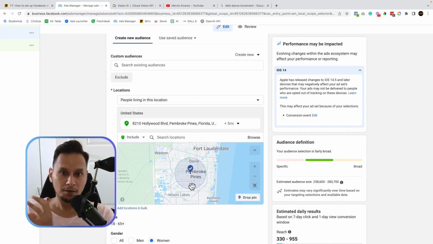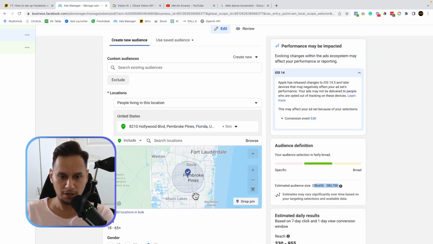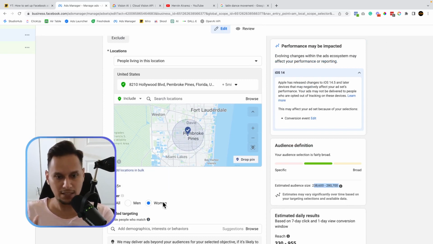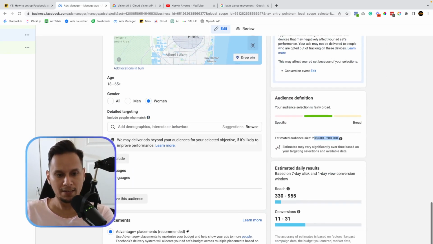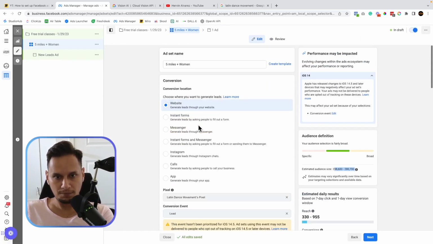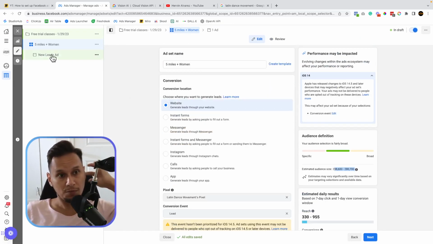The targeting is going to be 5 miles around the studio because I want this to be a good, decent amount of people that I'm targeting. Then I'm going to leave the age alone, 18 through 65 women, and then leave the rest alone. Okay, so from here, I'm going to press new